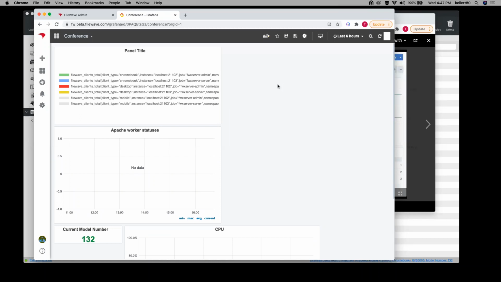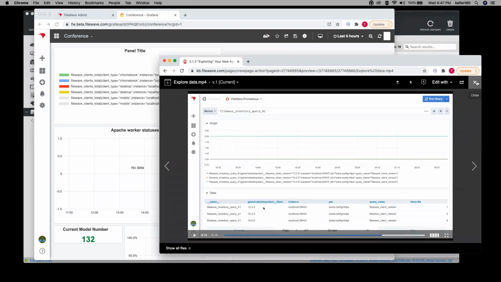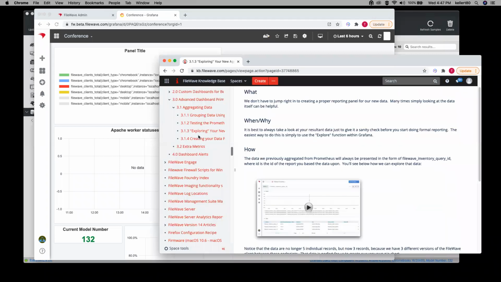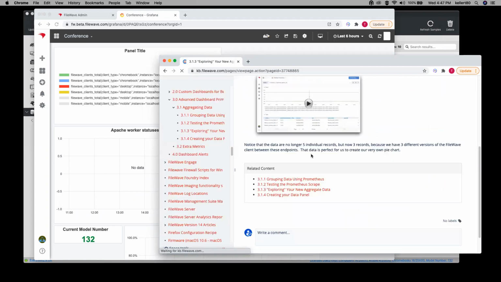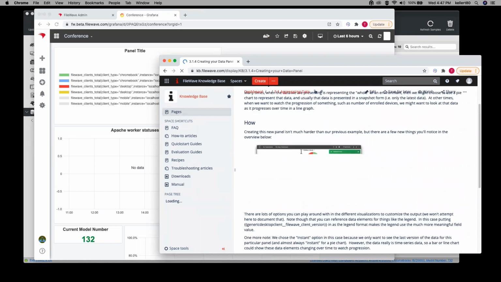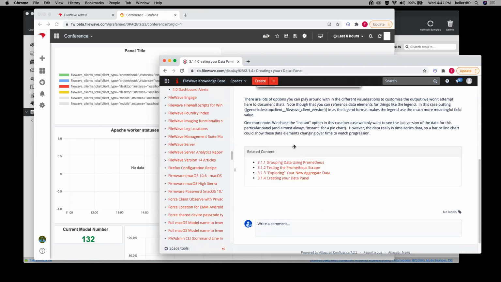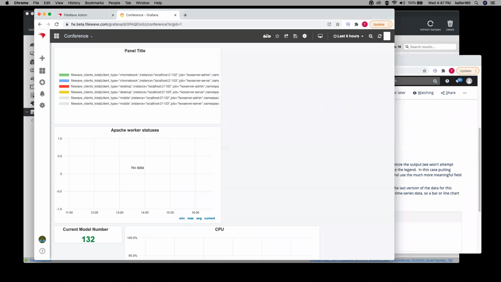Okay, and I do know this one's deep, but it's your fault for signing up for the advanced course, so here we go. All right, so once we've got this data, we're seeing it and testing it, and we can now go ahead and add that data to our data panel, okay? And the way we do that is we can simply go in, create a new panel,